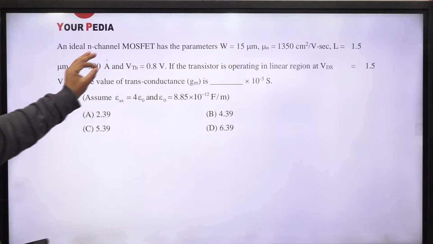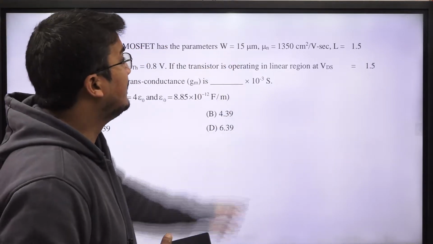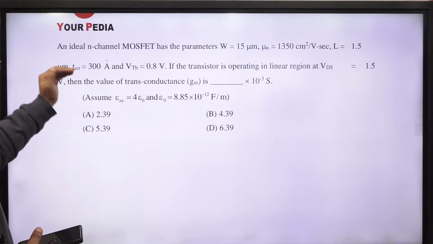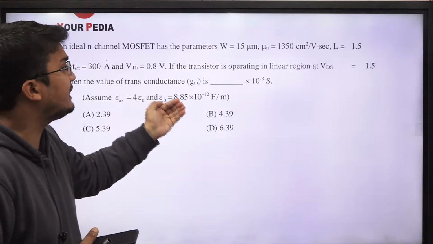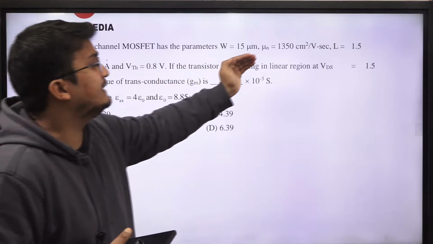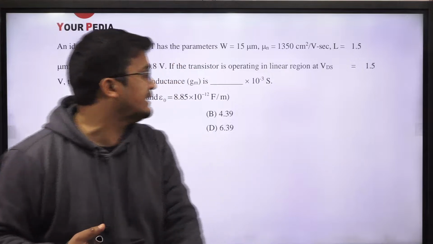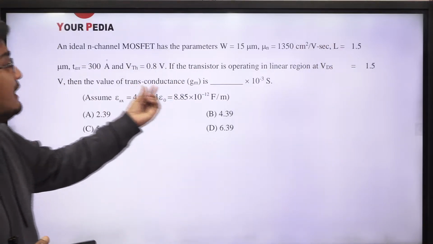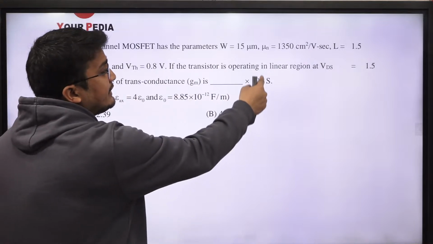An ideal N channel MOSFET has the parameter W, width, is 15 micrometer. Length is 1.5 micrometer. TOX, the thickness of the oxide layer, is 300 angstrom. Threshold voltage 0.8. If the transistor is operating in the linear region, means the very beginning part of the triode region, VDS is equal to 1.5 volt. Then the value of the transconductance is, he is asking the transconductance value in 10 raised to power minus 3